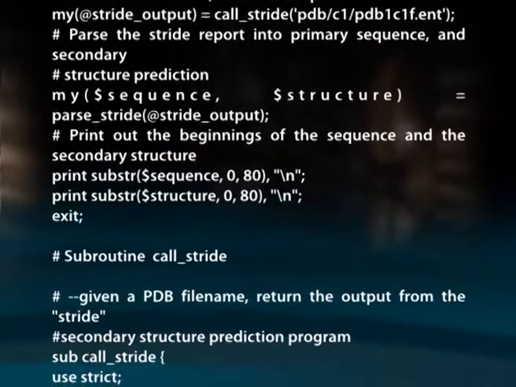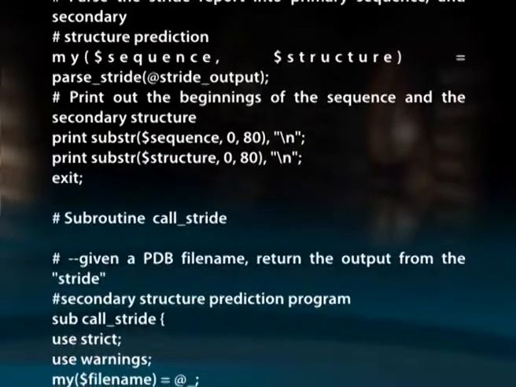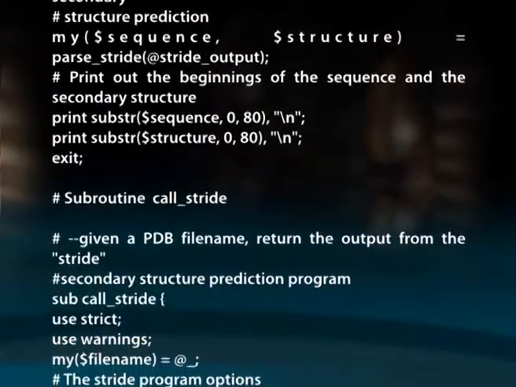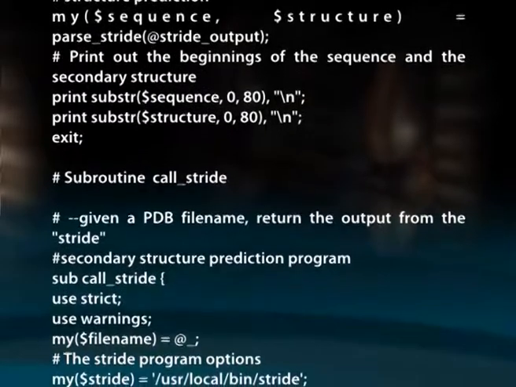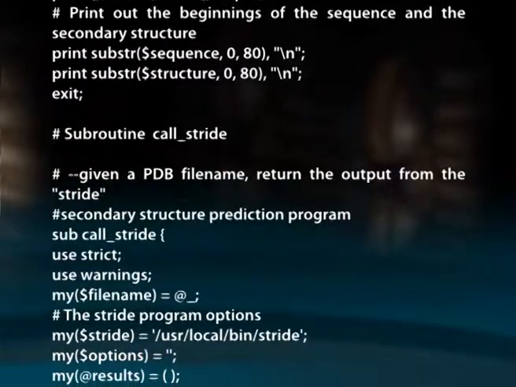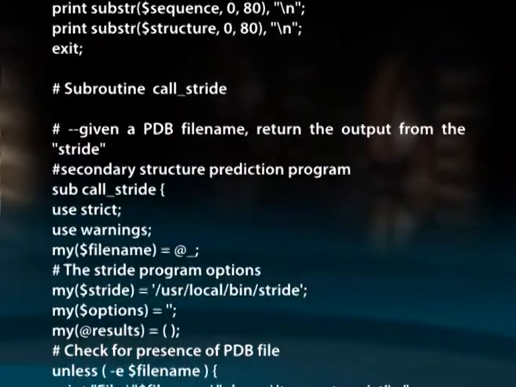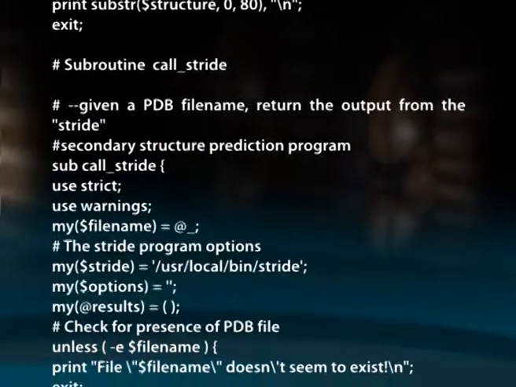Then print out the beginnings of the sequence and the secondary structure, using print substr($sequence, 0, 80). Then the explanation for the stride subroutine is given. The variables are declared, with $filename equal to the arguments.